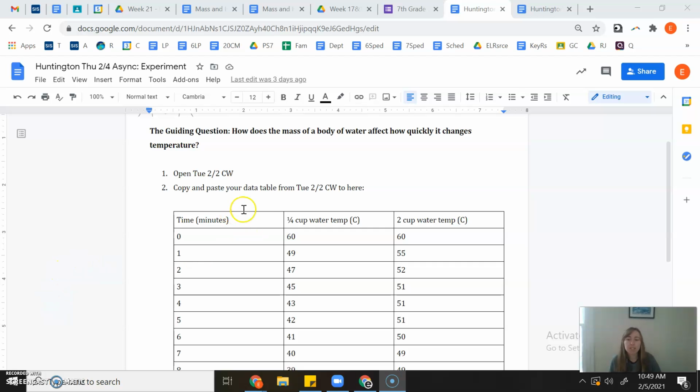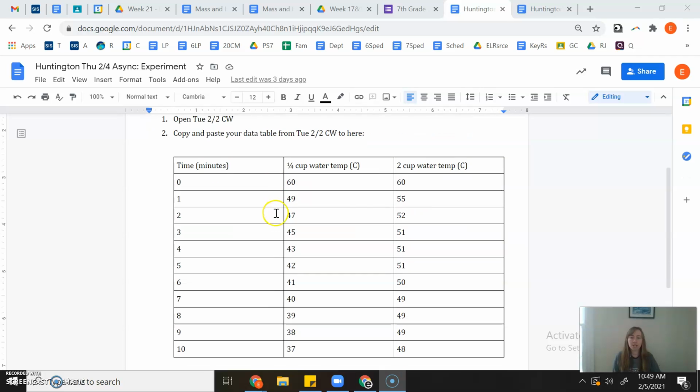Hi everyone. So if you're watching this, you are trying to make a graph for your write-up, and that's great because that will get you a bonus point. So if your table looks something like this, the first thing that we're going to do is we are going